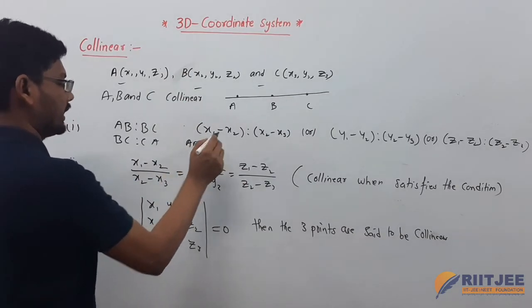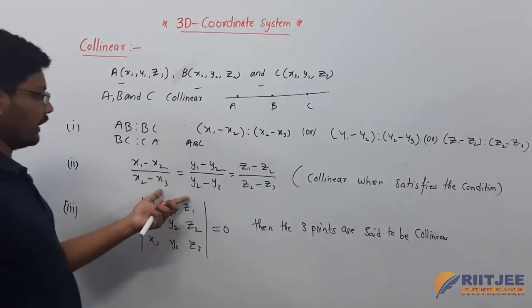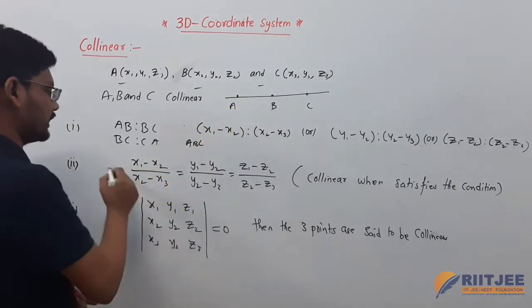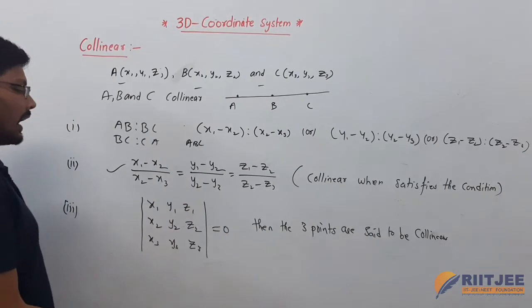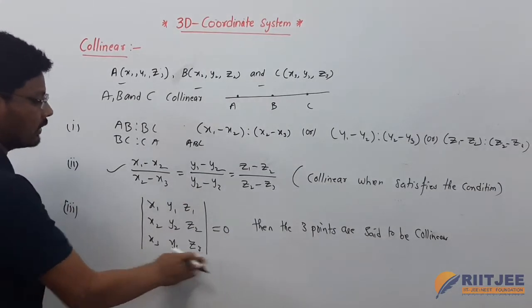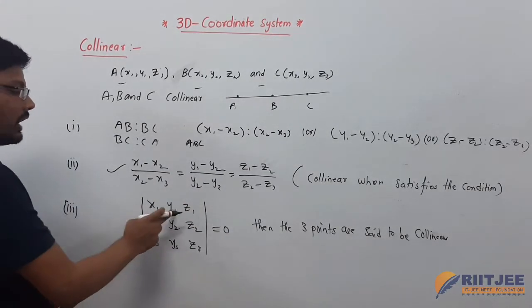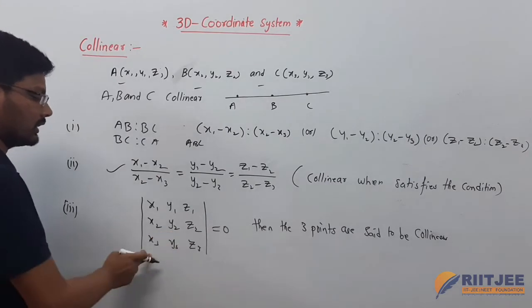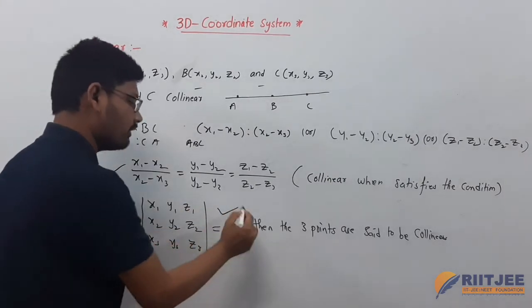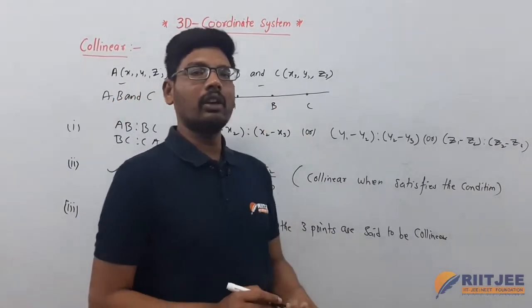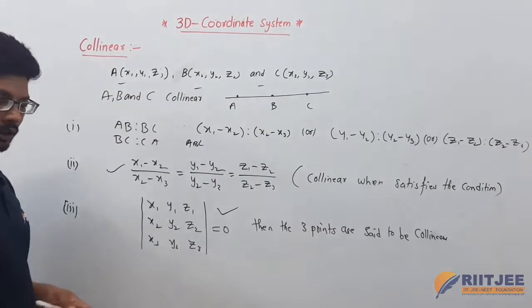Here if the condition is satisfied, then we can say A, B, C are collinear. Or the modulus of the determinant of x1, y1, z1, x2, y2, z2, x3, y3, z3 is equal to 0, then we can say these 3 points are collinear here. And the next topic is